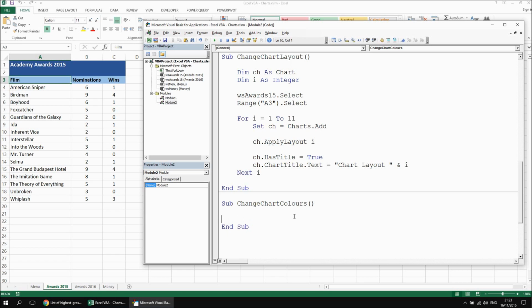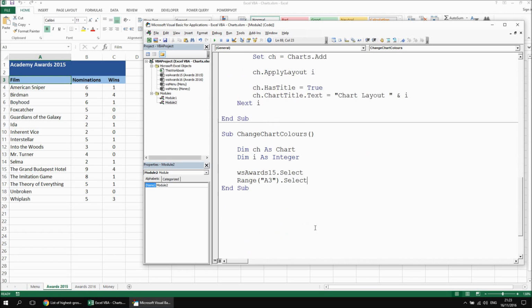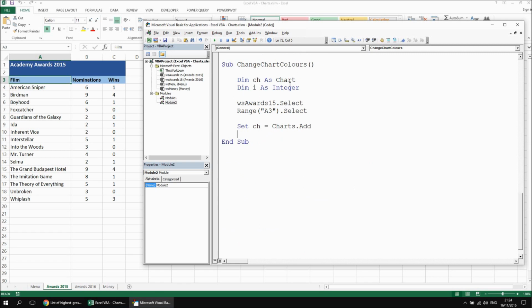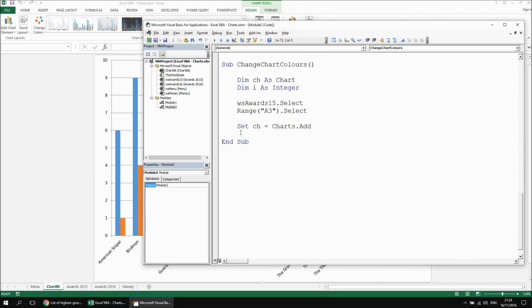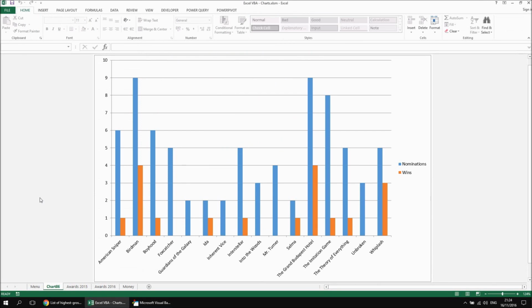And then I'm going to just copy and paste a few lines of code from the previous subroutine, the first 4 lines there in fact, and then let's just make sure that we've actually created a chart as well. So I can say set ch equals charts.add, and then if I just run this subroutine at this point to create the chart, just so we've got something to work with, you can see that for every single item on